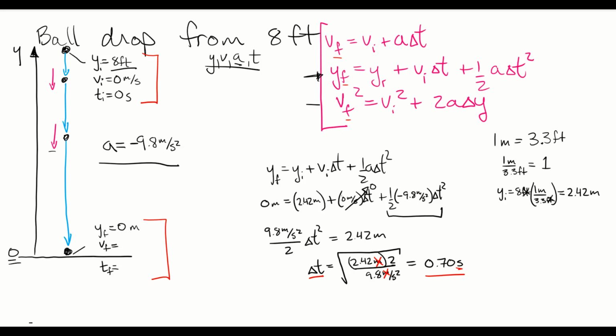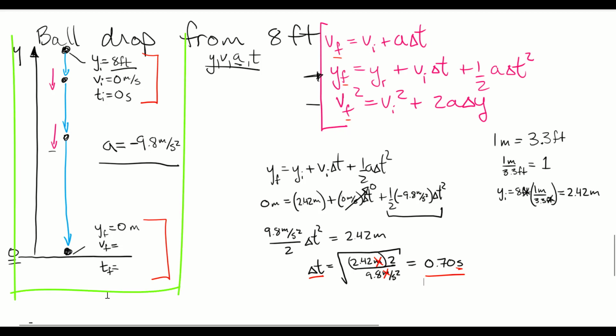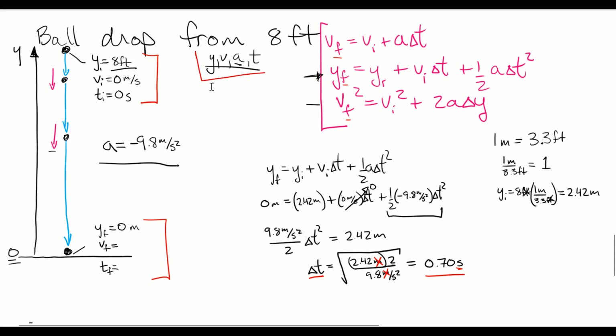Sort of recapping the process, though. I think it's always a good idea, when you're first approaching a problem, to visualize what that motion is going to look like. Draw some sort of motion diagram or figure that helps you organize and orient what you're expecting with the problem. Then label the variables we're going to use to describe that motion. We went with position, velocity, acceleration, and time, and we labeled them y, v, a, and t,